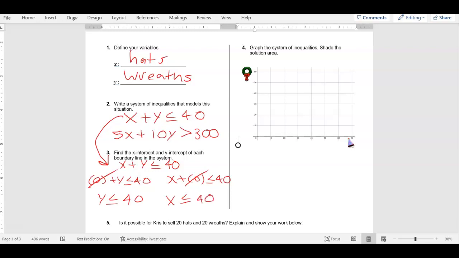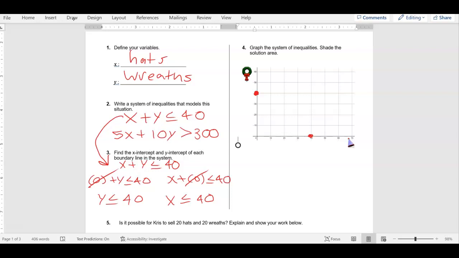Let me explain this again, especially if you're not looking at the board. You take your inequality, replace x with 0, solve it, replace y with 0, solve it. This gives you 2 intercepts, 2 points that you can connect. So on the y-axis, put a point at 40. So up and down, put a point right there at 40 with one of your colors. You might want to start with the colors now, if you got them. And then for your x, go ahead and put, with the same color, 40. These ones happen to match. Same color because you're going to make a line.